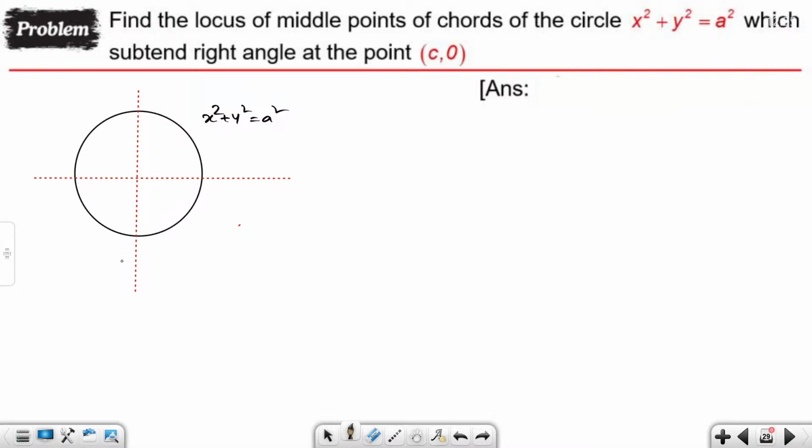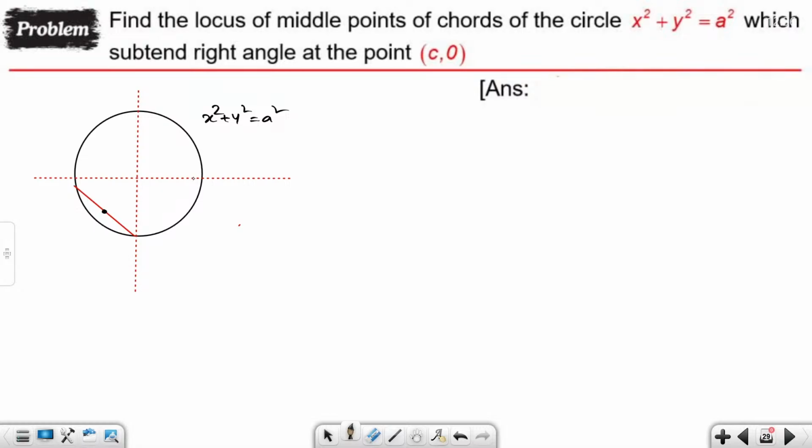Okay? So, what we will do is, let us say we are having the chords like this. Let us say the chord is like this. This is my chord. Just one sec. This is my chord, let us say. Now, we have to find out the locus of the middle point of this chord,